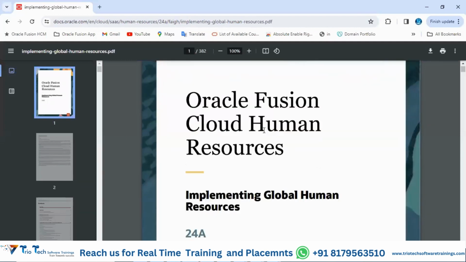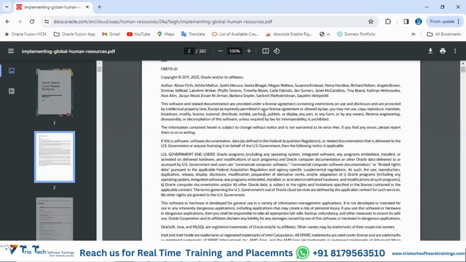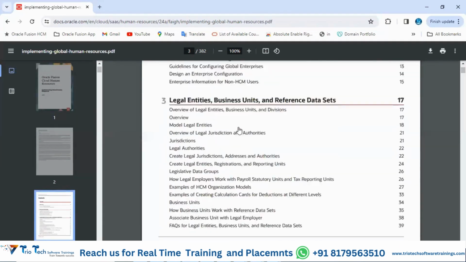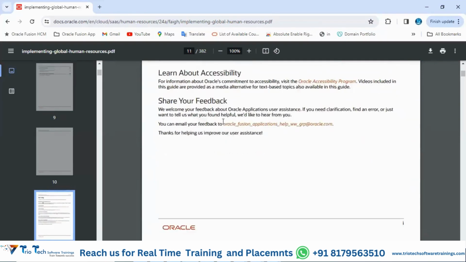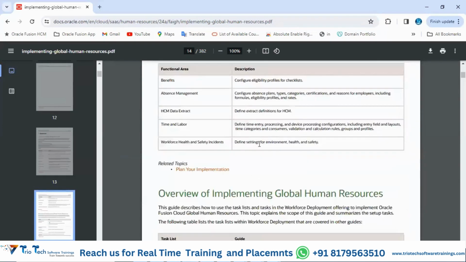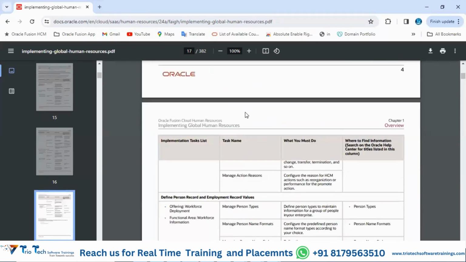See, Oracle Fusion Cloud, Global Human Resource, team, implementing global human resource. Everything, a detailed document with every concept and their explanation, Oracle delivers in this document, team. See, this is the standard Oracle document for core HR module implementation. I am not telling you to refer to this one, team. It will be a very vast document and you won't get understanding of everything, or you won't get the time to study everything. You can follow the standard materials that we are providing, the custom materials, team, for preparation and all. But